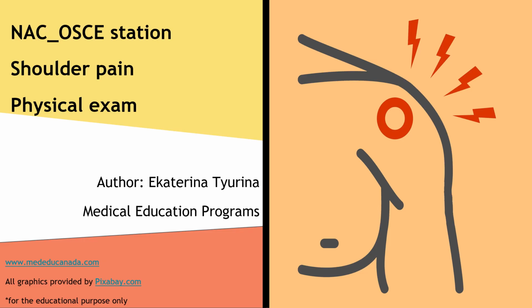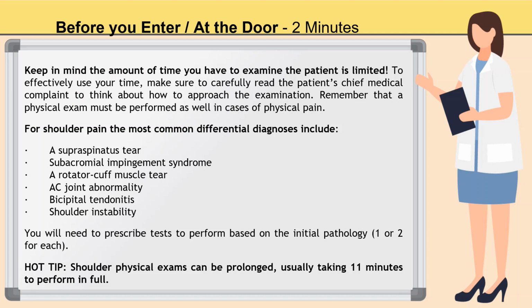Let's start. So the first step is to think about how you will use the 2 minutes at the door, how to structure that time. First, the most important thing is to understand the task. You need to read the instructions carefully and see whether it is a physical exam or history taking or both, and then how much time you have. Is it only 8 minutes per question, or 11 minutes for a full station, or only a physical exam, which can be the case for shoulder pain? Then you need to keep in mind that the shoulder has 3